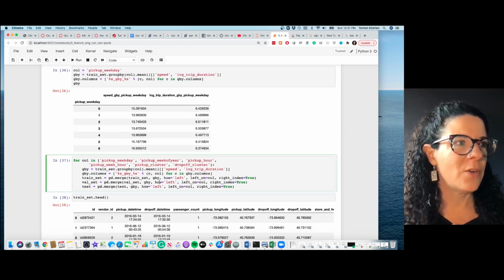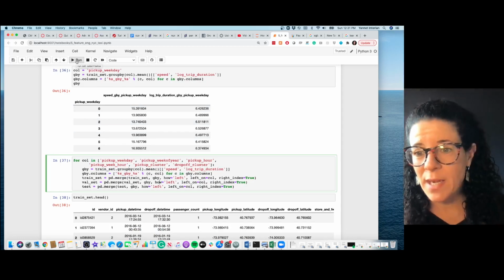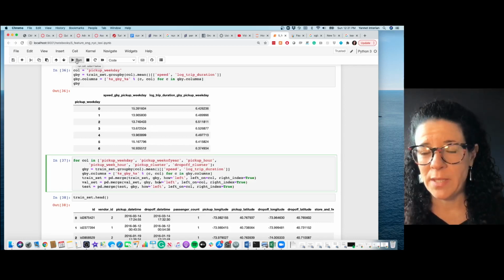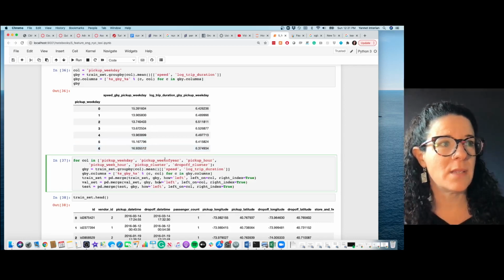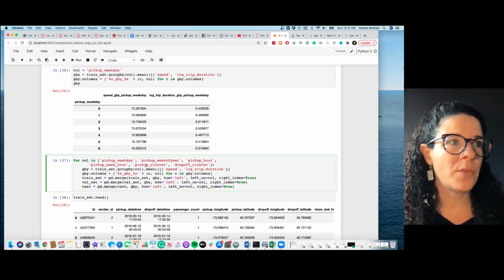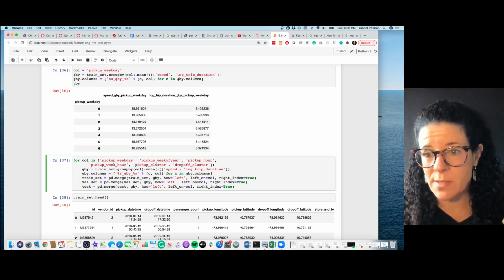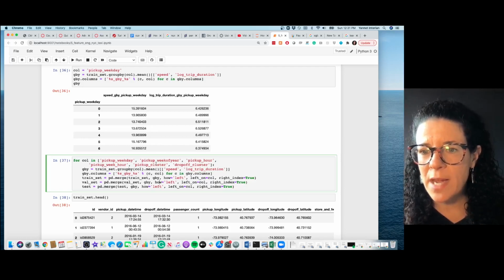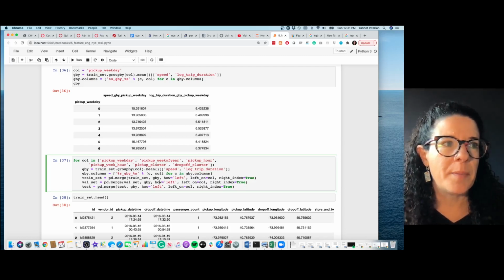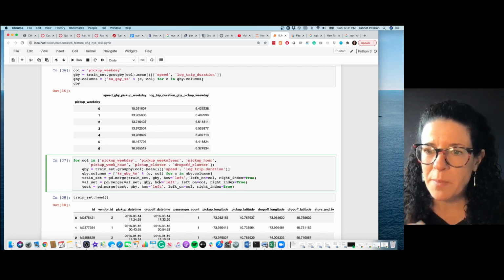Okay, so then I can do the same with any categorical variable, really, right? So I can do basically what is the average log trip duration per pickup cluster, or the average speed per pickup cluster, right? And that becomes another variable. Or I could say what is the average speed per pickup cluster and drop off cluster, and that becomes another